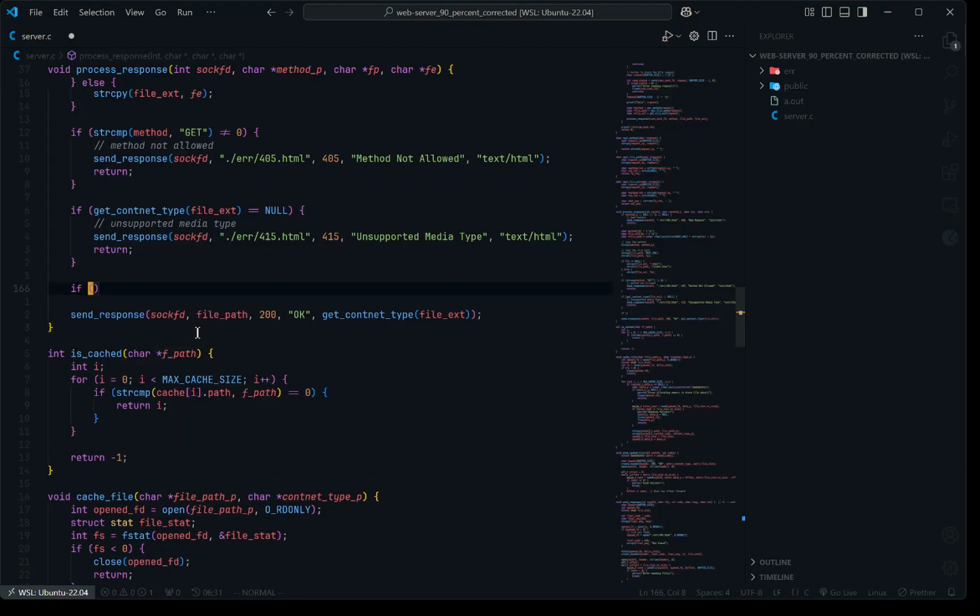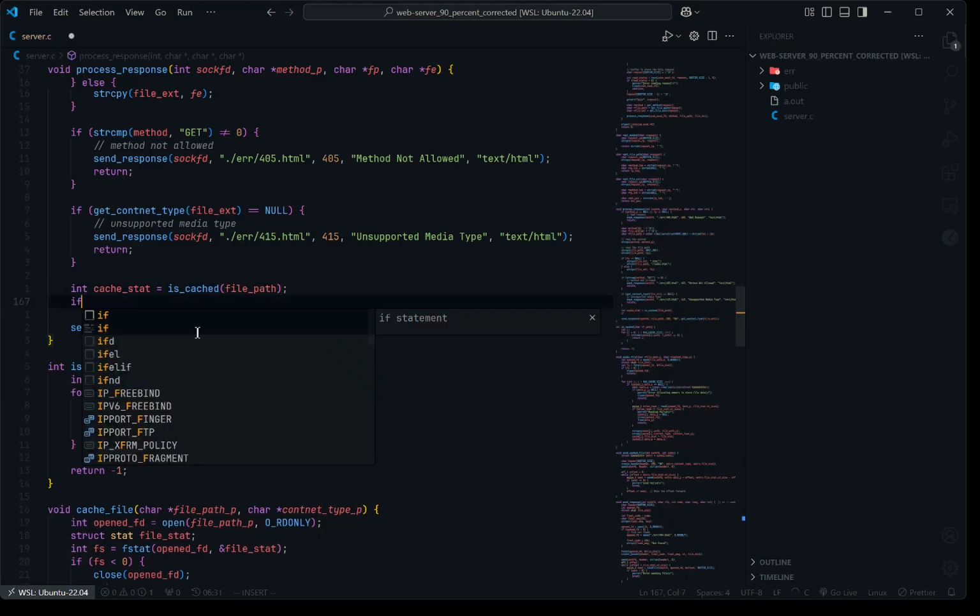Now let's create something like this. It's going to return an integer, so let's call it cache stat, and it's going to call is cached, and we're going to pass the file path into it. The file path should be, no, it should be path. Okay, and if